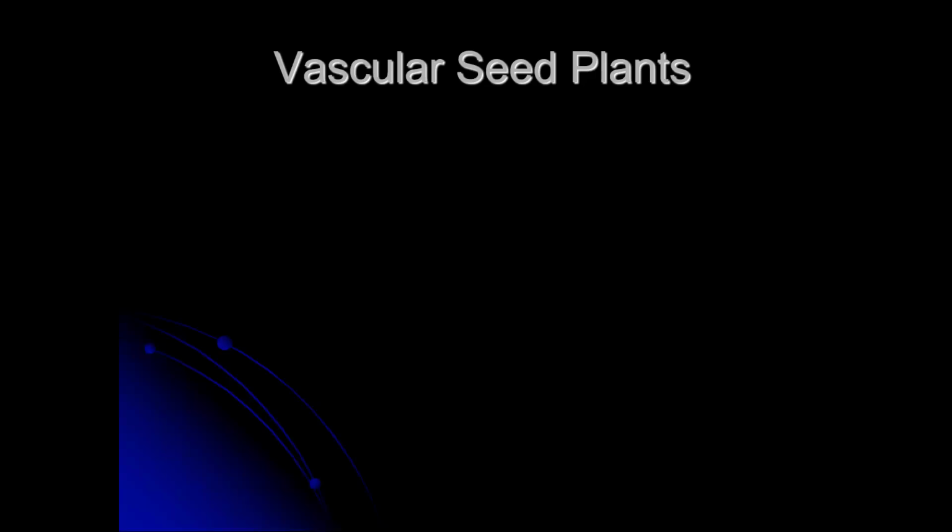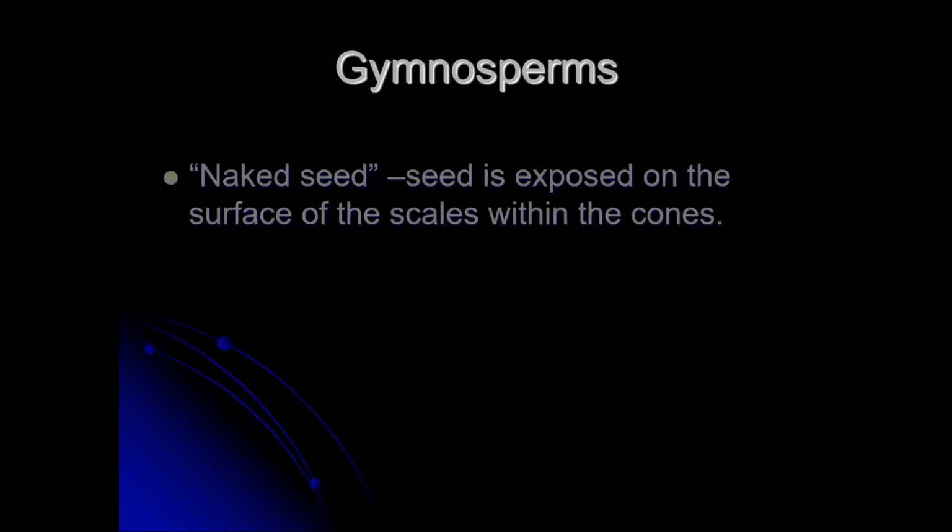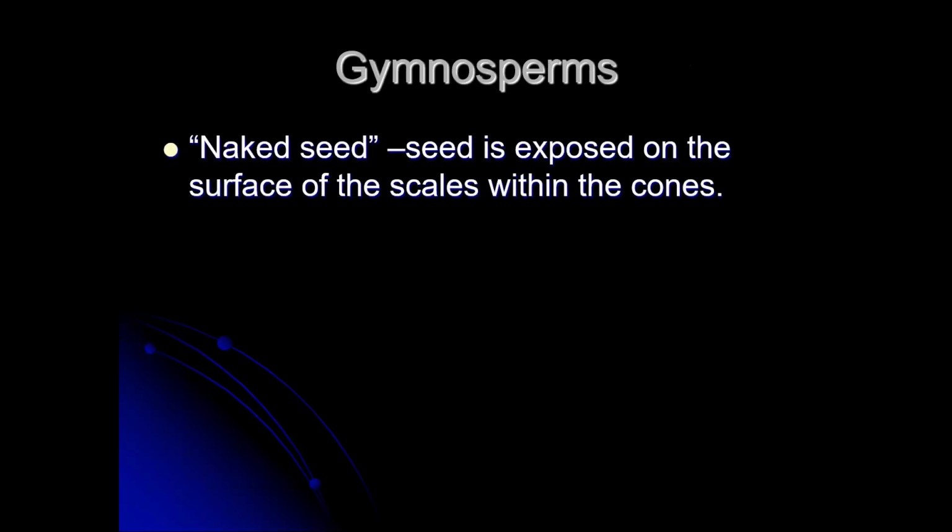To start our vascular seed plant section, we will begin with the gymnosperms. In this grouping, seeded plants that have vascular tissue, we have two groups, gymnosperms and angiosperms. So this particular presentation will focus on the first one of those, the gymnosperms. Gymnosperm means naked seed. The seed of these is exposed on the surface of the scales within the cones, and